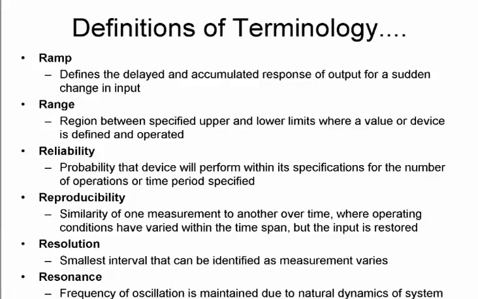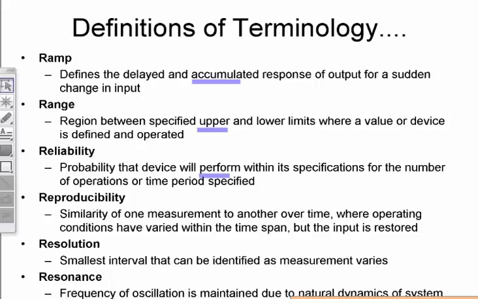Ramp defines a delayed and accumulated response of output to a sudden change in input. A range is between specified upper and lower limits of a value or a device. Reliability is that the device will perform within the specifications for a number of operations for a time period. Reproducibility,